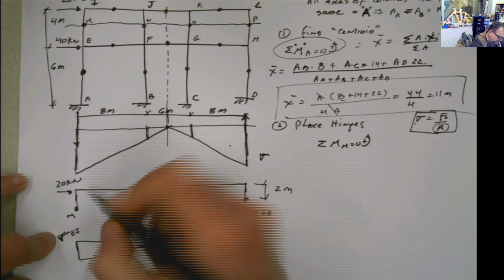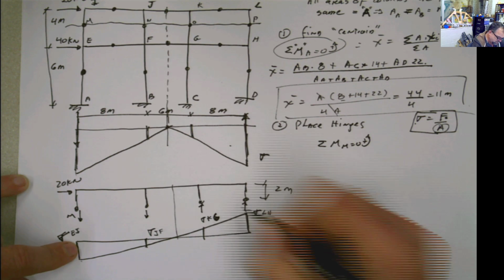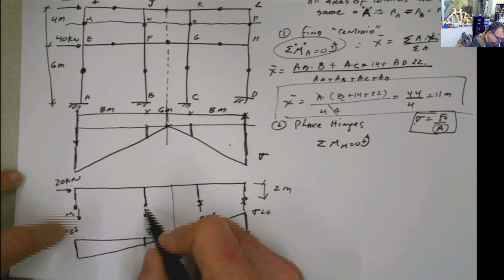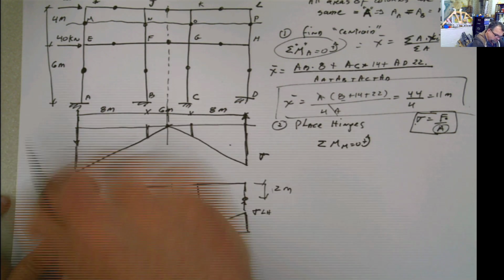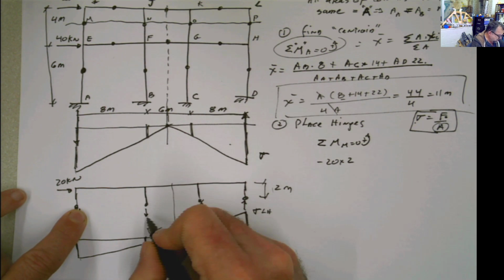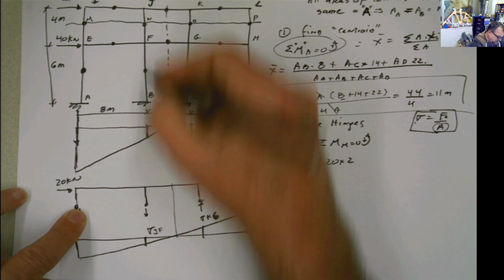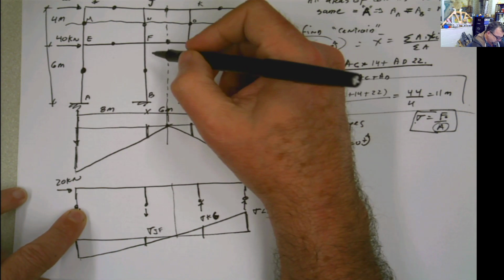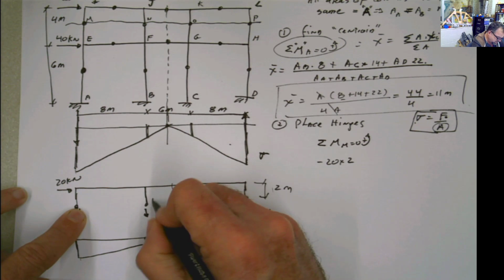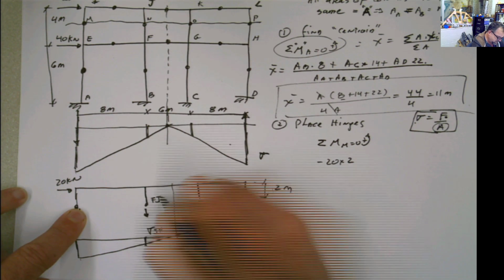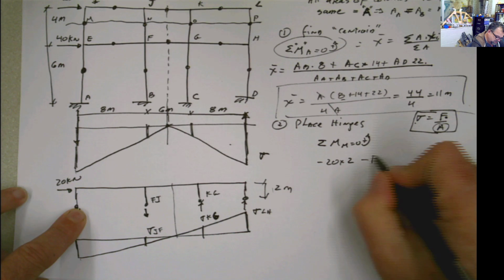Now, if this is the correct distribution, I'm going to have this force here, this force here, this force here, and that force over there. The distances are given. So if you do moment here, the first thing you're going to have is negative 20 times 2. And then you have this part here. What is this part here? This part here is going to be FG, or GF, and this is going to be KG. So it's going to be negative FG